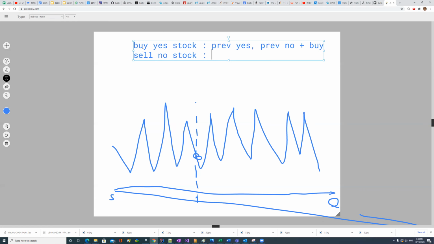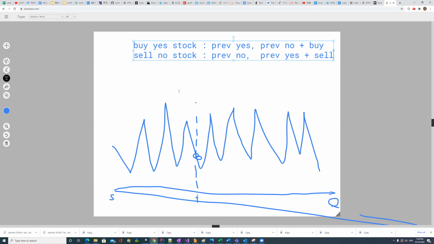That means it depends on the previous two statuses. One is that previously I had no stock and I still keep no stock status. The other is that previously I had a stock and the current day I need to sell the stock. So for this status analysis,